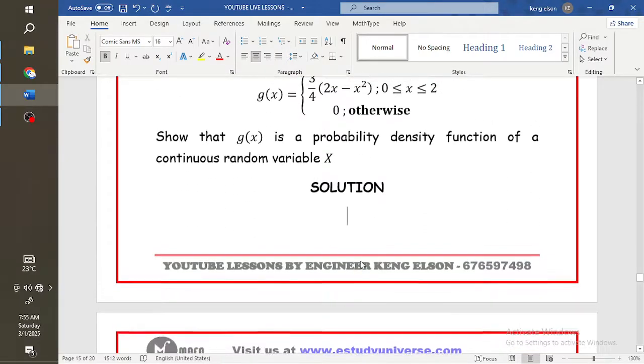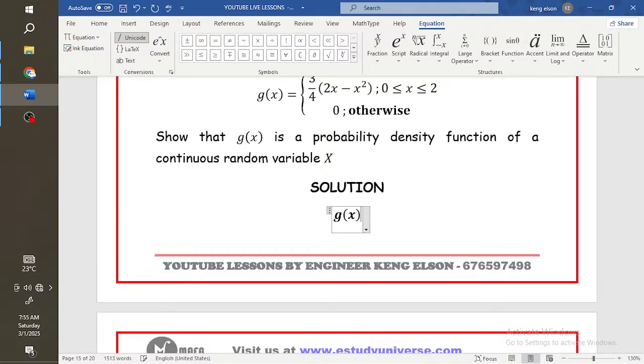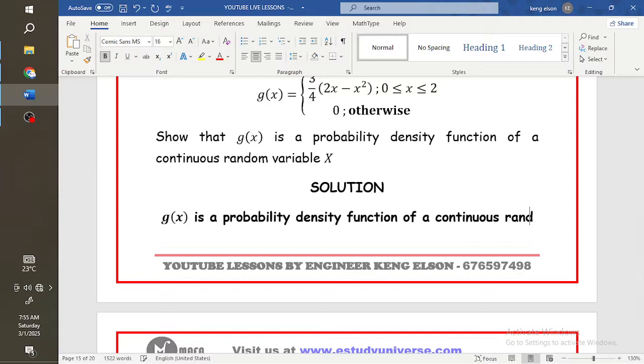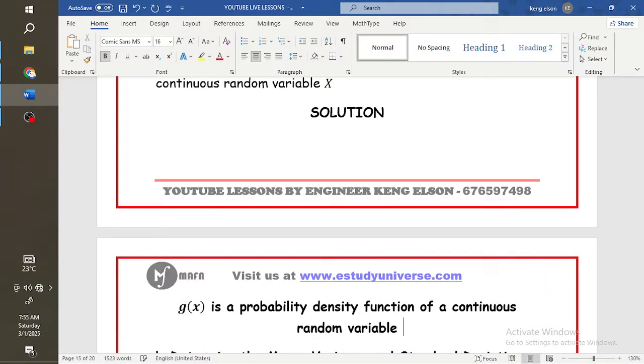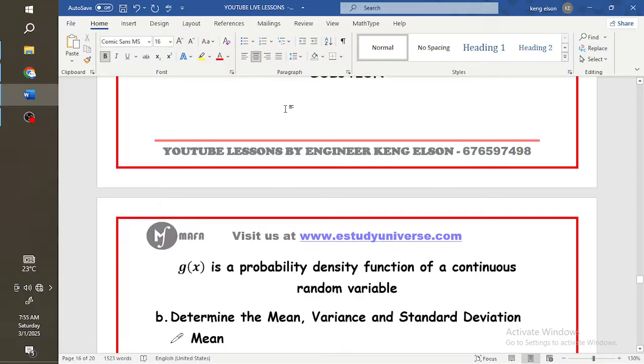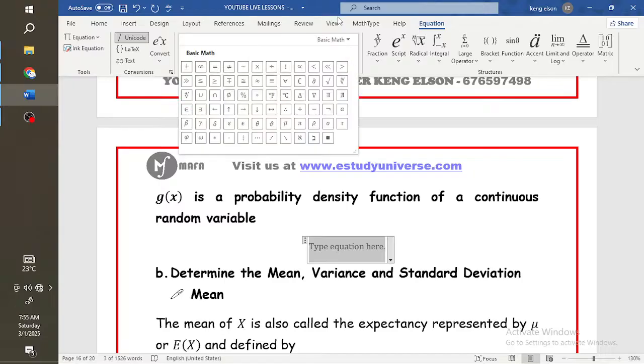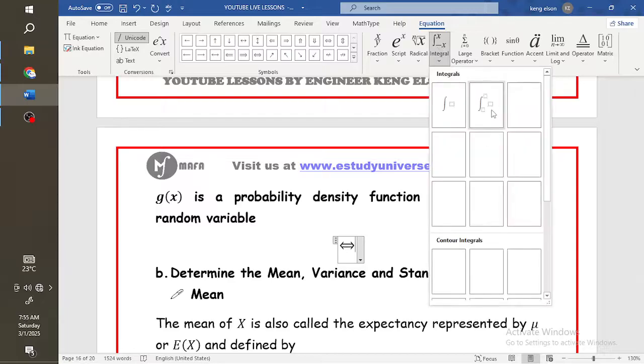So here I'm going to write a statement: g of x is a probability density function of a continuous random variable. Okay, so g of x is the probability density function of a continuous random variable if and only if, so it's very important that we write down what we need to show, if and only if the integral,